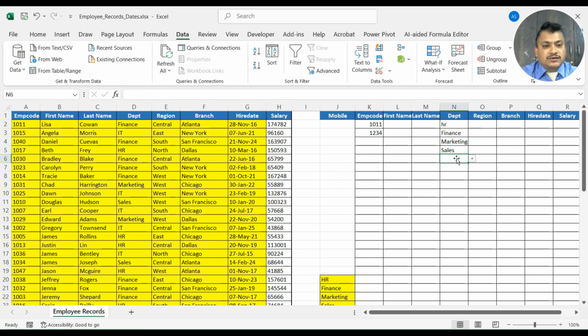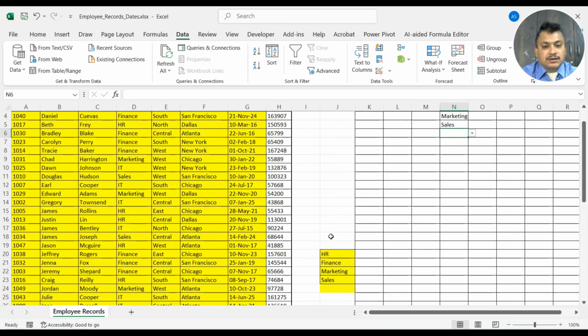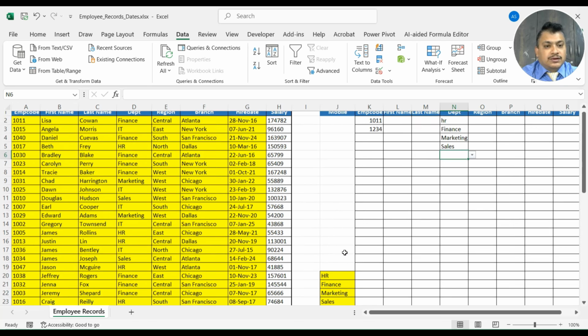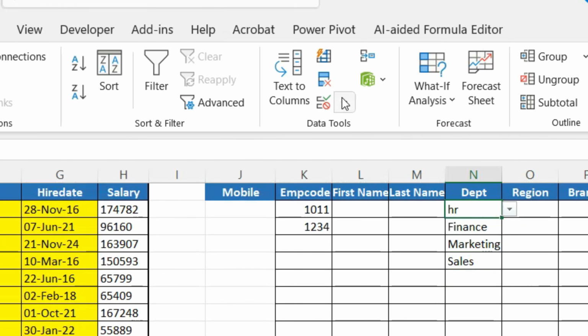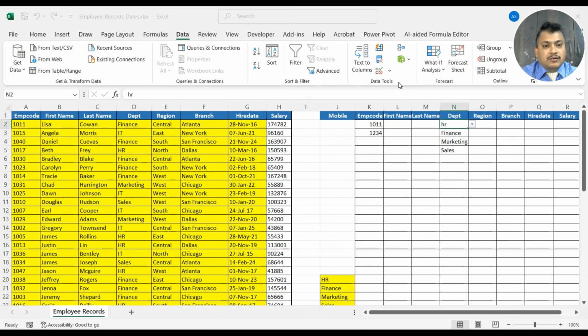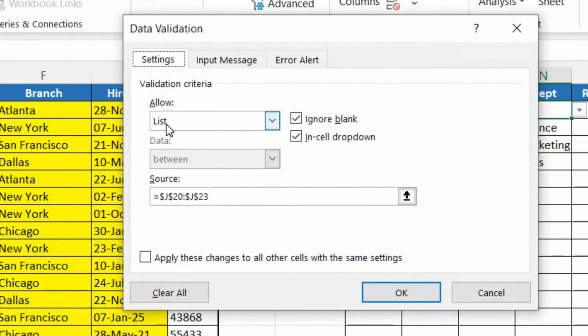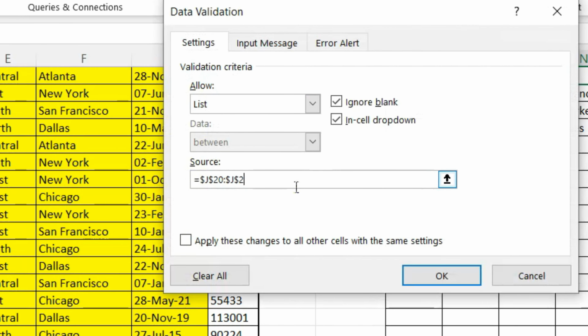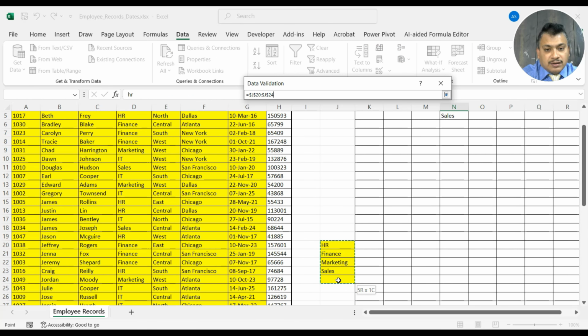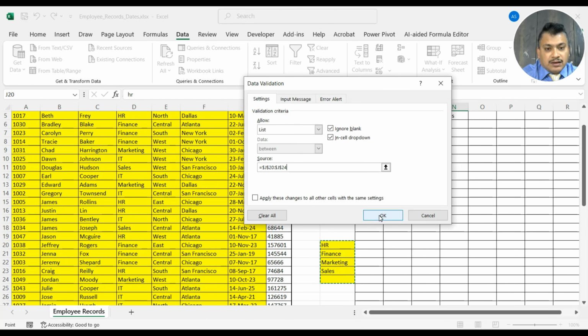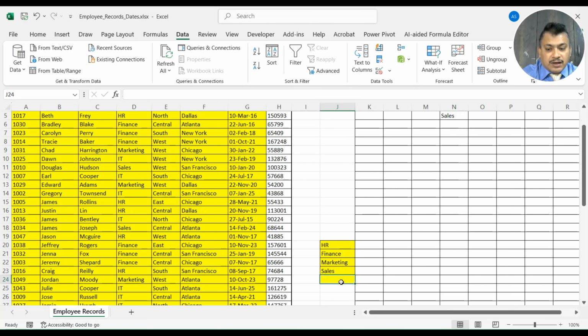Now suppose in future some more departments have come up, so what to do in that case? So it's only 4 it's showing. So I'll select the cell and then go to the data validation tab again, go here, and this is already selected. Now this I'm removing. After removing it, I'm selecting from here till here, okay, and click OK, and putting IT in here,